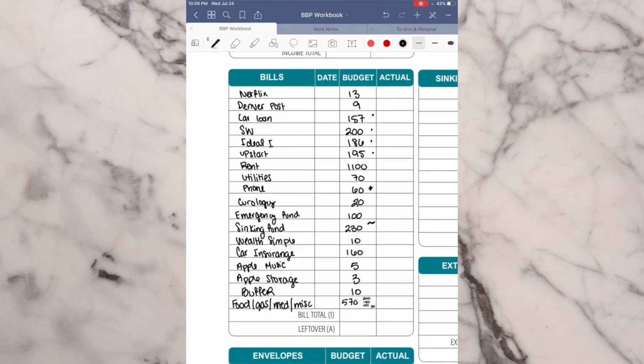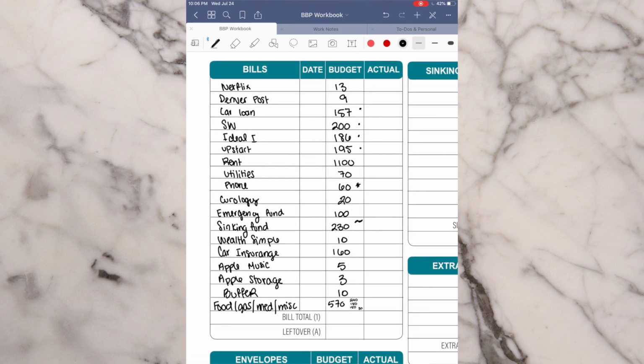This is it, you know, this is my budget. I looked through and I saw all of the things that were coming out every month and I wrote them in there. I wrote my variable stuff down here, so this is variable. Everything else pretty much comes out every month other than this, which I can change. I can change my sinking fund, my buffer I can change.